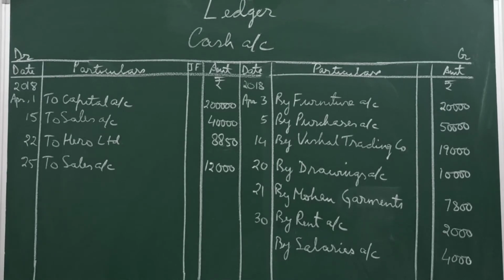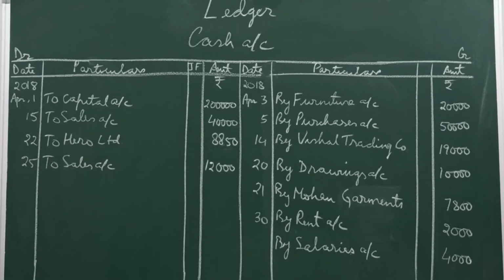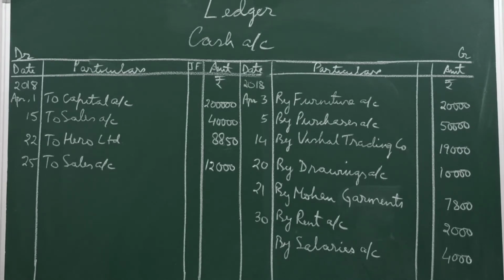So date wise we'll record. We have cash account debit to capital account. Cash is coming in the name of capital. Now cash account has been debited in the journal. So posting will be on the debit side. The account which is opposite to cash account in the journal will be posted on the debit side. So we will post there "To capital account" with the amount of cash.